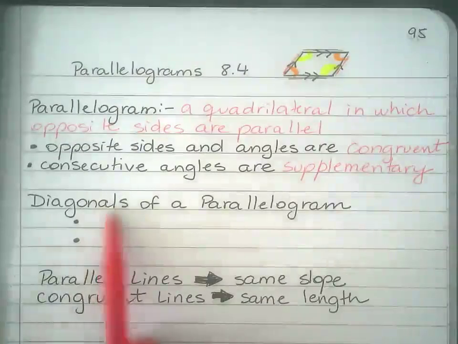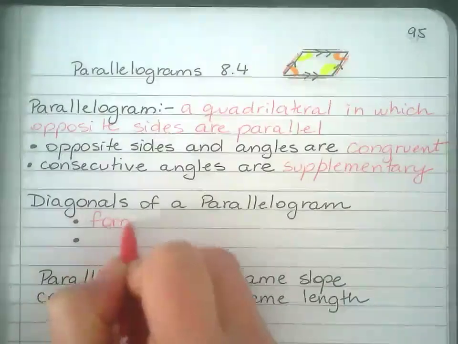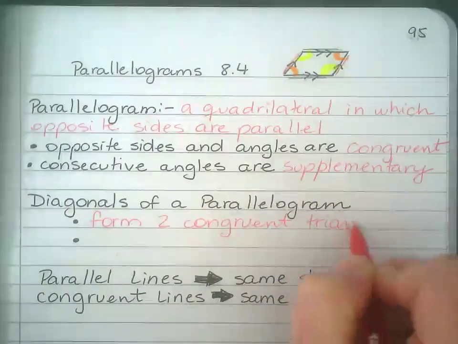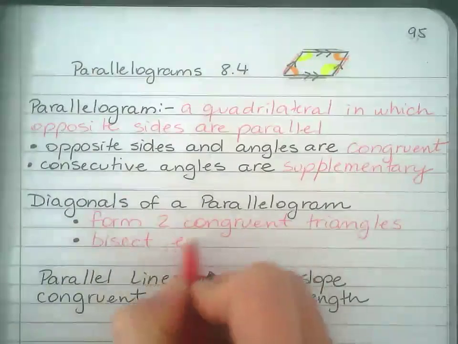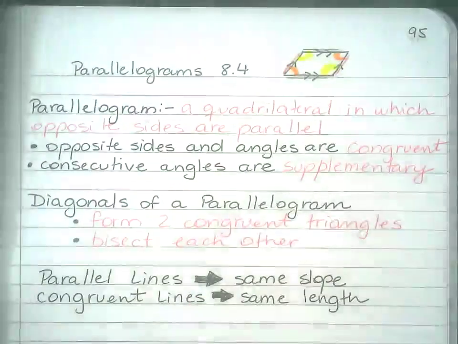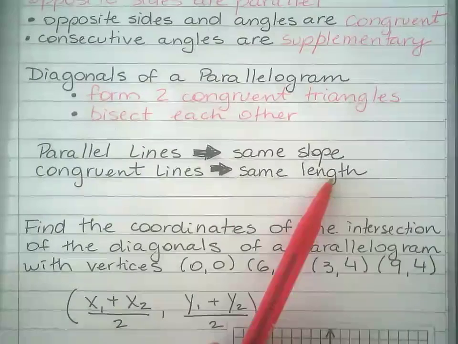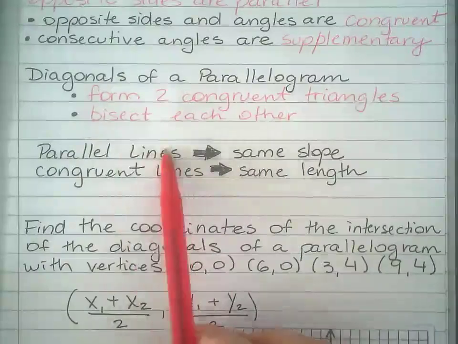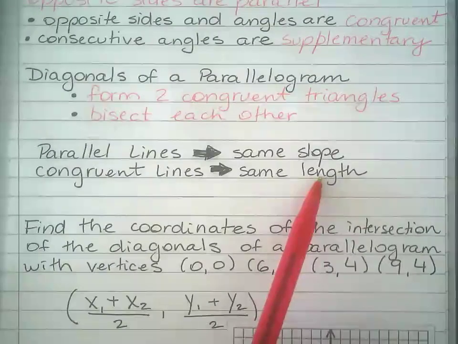Now, a couple of interesting facts about diagonals in a parallelogram is that they form two congruent triangles. And also the diagonals bisect each other. Some of you might not remember, but parallel lines have the same slope. And congruent lines have the same length. You could use the slope formula here to find the slope and to see if the lines are parallel. And you might need to use the distance formula to find the length of each line and see if they